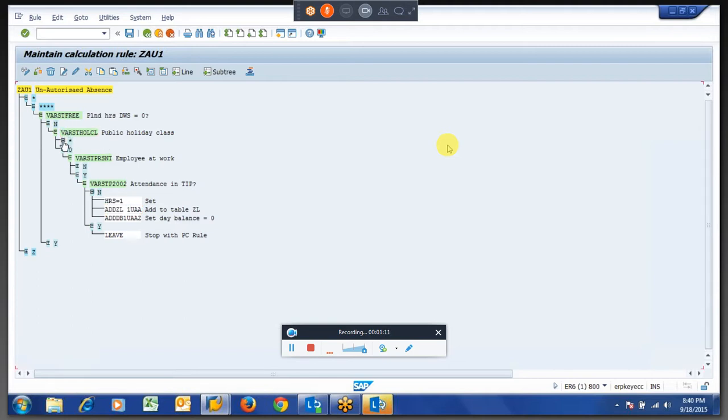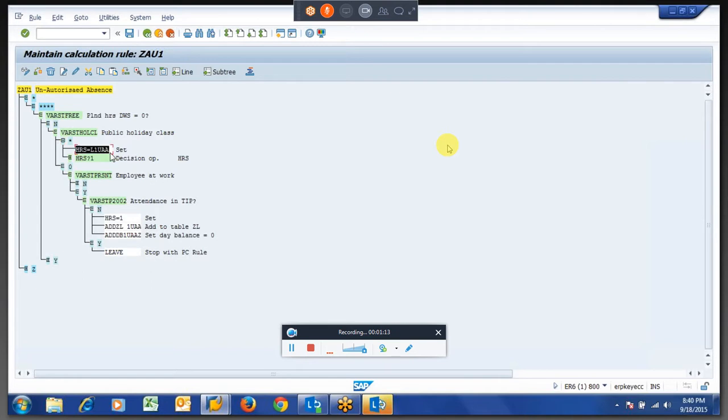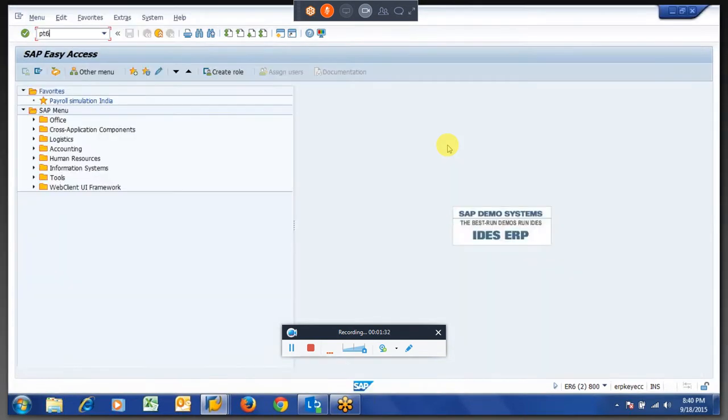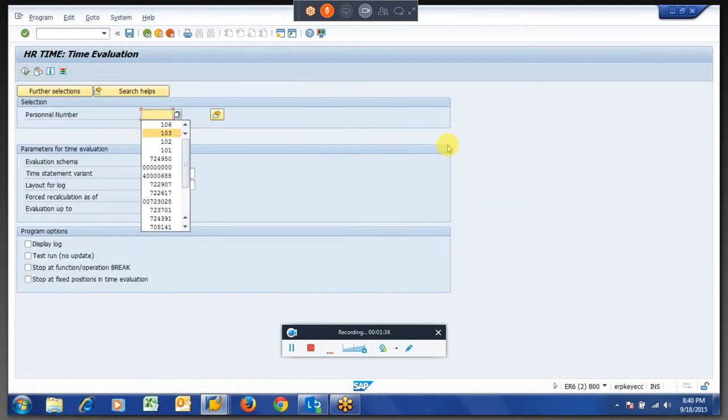Let us say there is a holiday. What we are doing is checking with the previous days, in the ZES table, the time evaluation. The thing we have to remember is that time evaluation will run day on day.